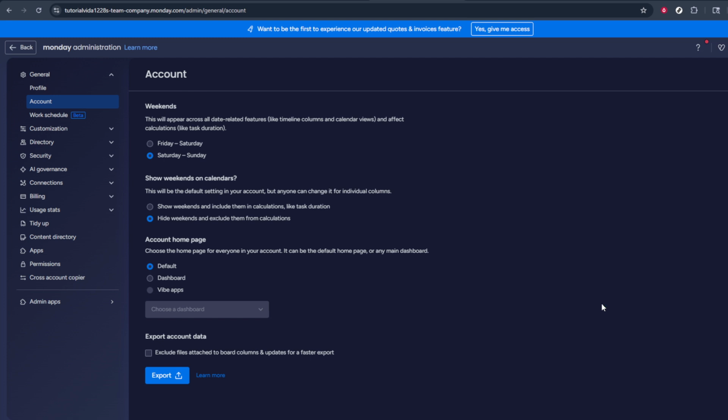After you've turned this on, you can return to any board with a calendar view or timeline view and refresh the